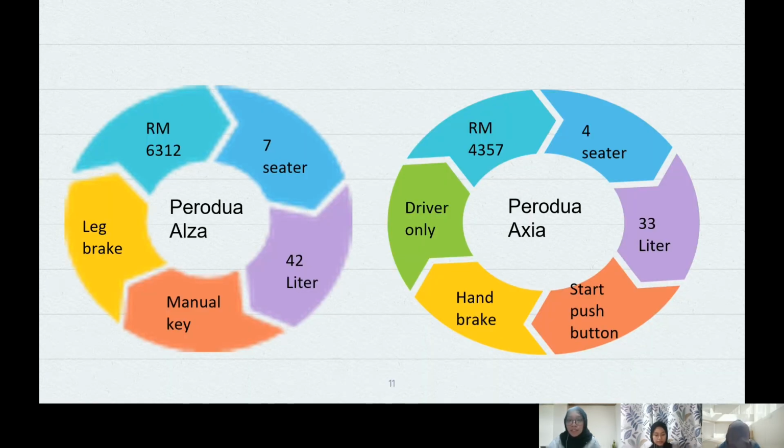For the comparison in physical, you can see that the down payment for product Asia is much cheaper and product Alza is bigger than product Asia. And product Asia has higher technology than product Alza. So in this situation, we agree to choose product Asia